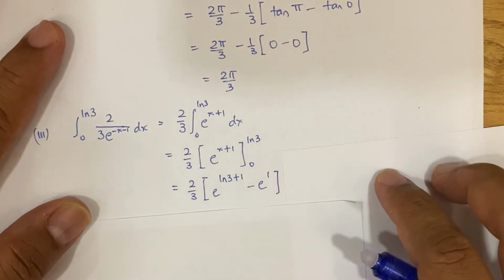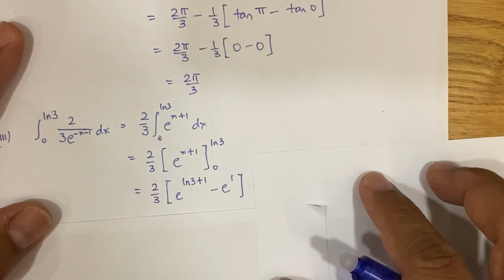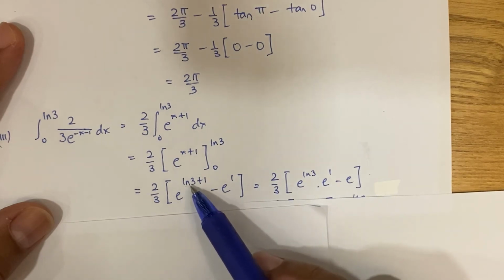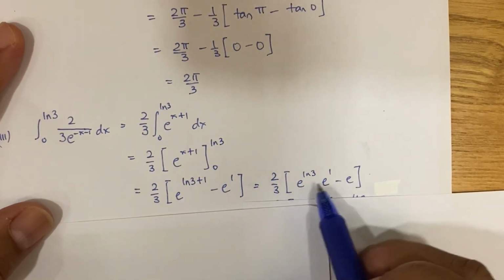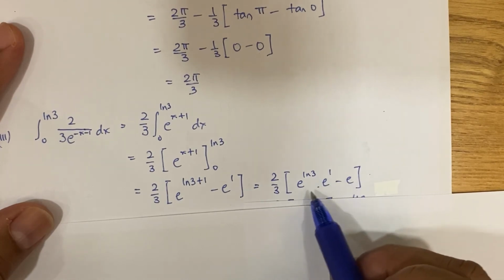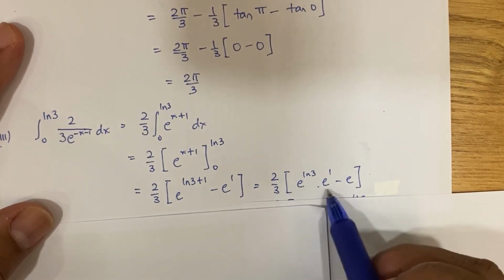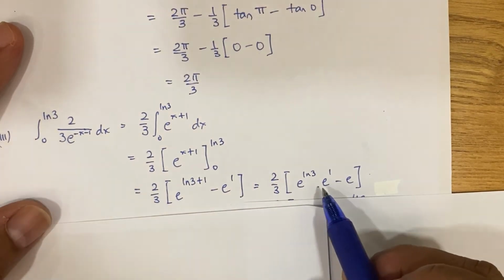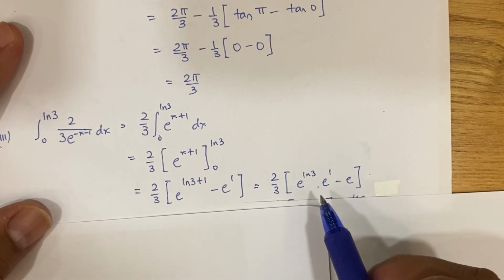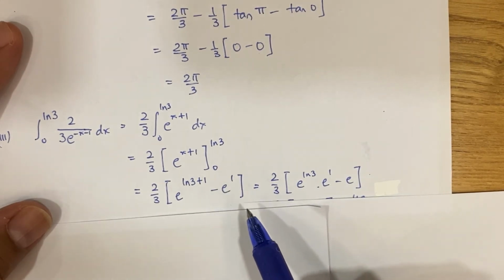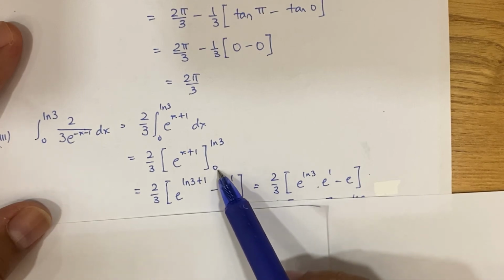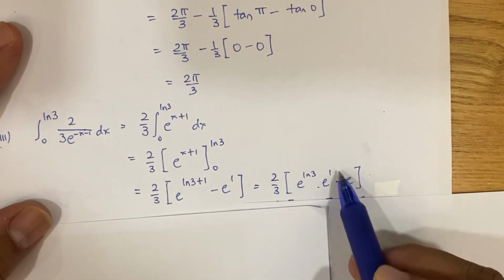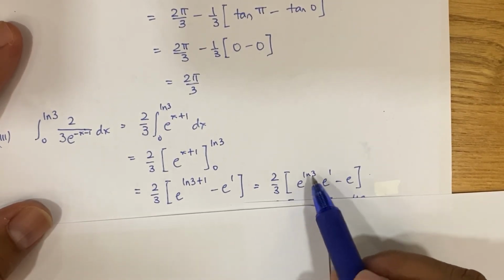Now, I propose to do this. Why do I do that? Because e to the ln 3 plus 1, I'm going to separate into e to the ln 3 times e to the 1, because this is the same base. Using the index rule, we know that this is e to the ln 3 plus 1. Why do I want to do that? Because when it's 0, it will be e power 1. Let's look at this one now. Now e power ln 3